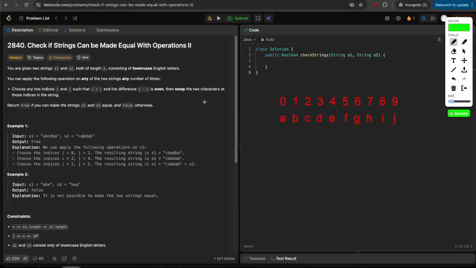Hi all. Today we'll be discussing the LeetCode problem of the day 2840. So here you are given two strings, both of the same length, and they contain lowercase English letters. To any of the strings, you can apply the following operations any number of times. You have to pick two indices, i and j, such that the difference between the indices is even, and then